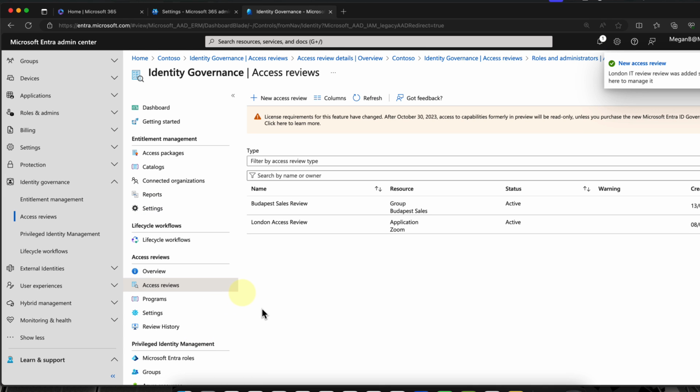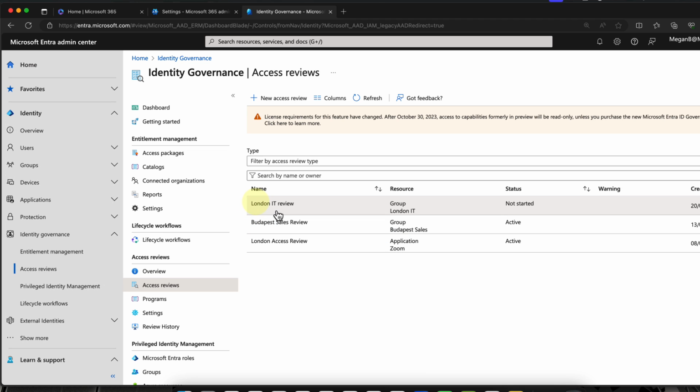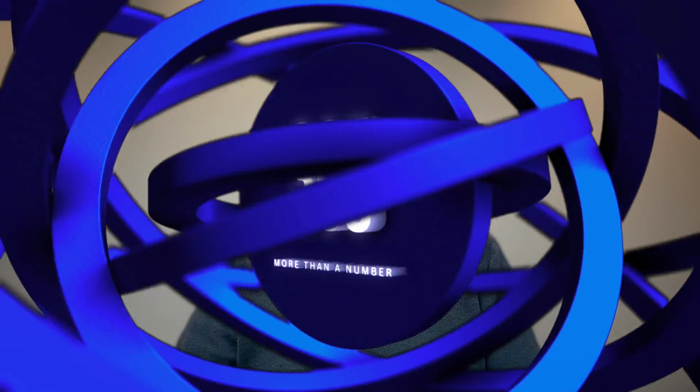But if you just think about the potential problems of leaving resources without any kind of review, it's considered good practice, and that's the reason why it's my number one. So there you have it, my top 10 mistakes that admins should never make.